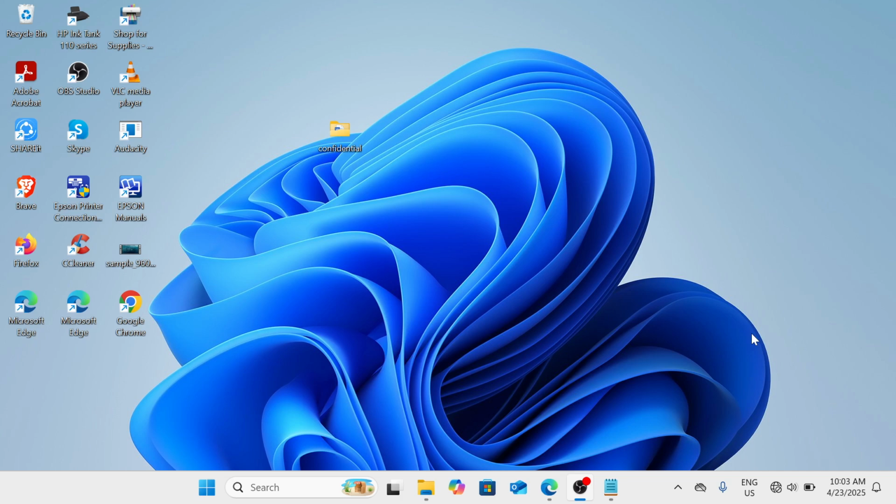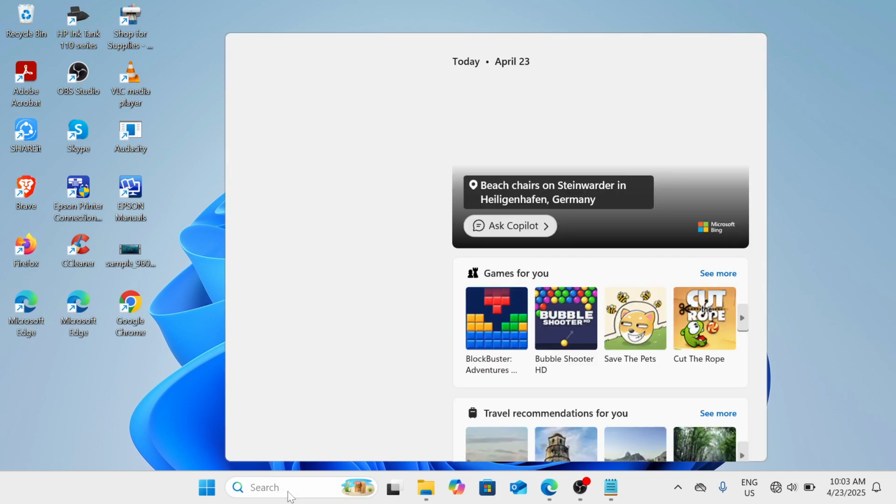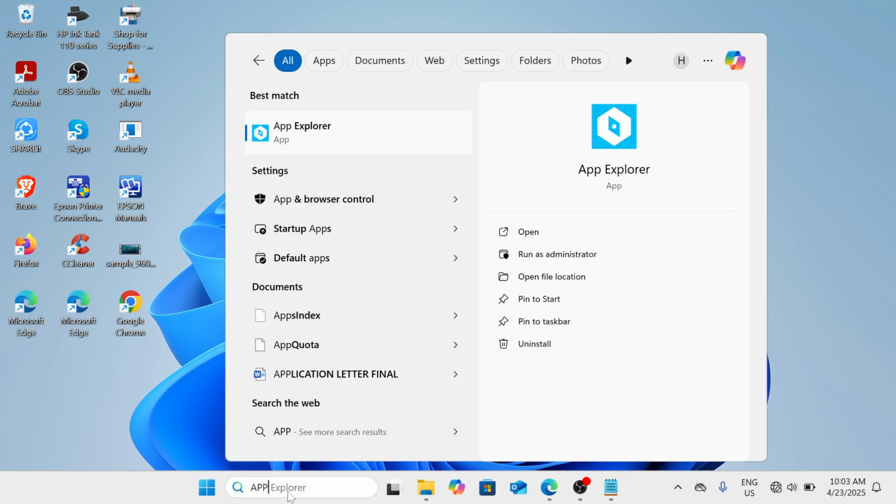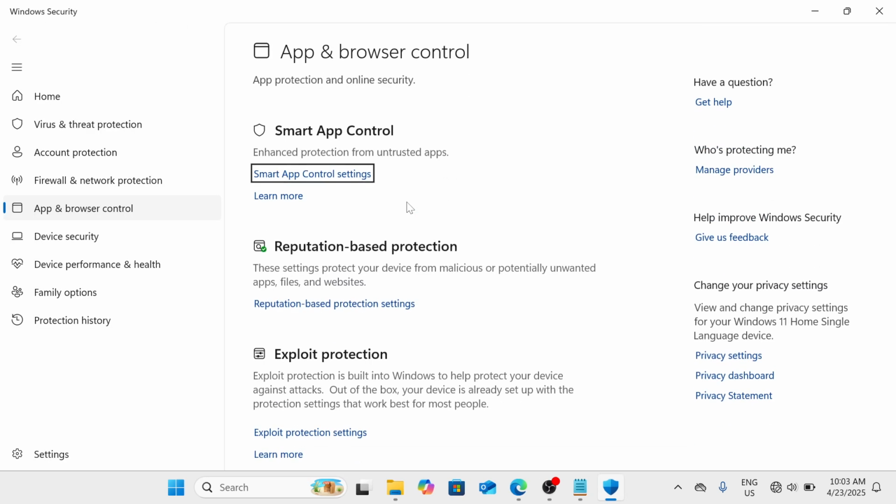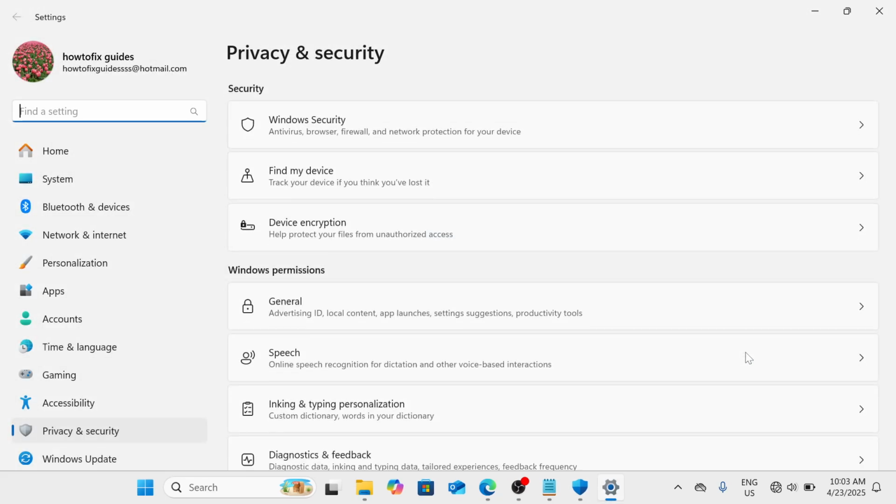So please go to your privacy settings there. So let me just go to this Windows search tab. Here we need to type app. This one, we have here the app and browser control under settings, so please make a click on that, and then we will go to the privacy settings. So please go to this right section here, and then you will get this privacy settings. So please click on that, and then once you do that, you will get this privacy and security window